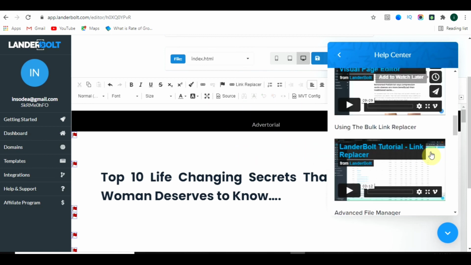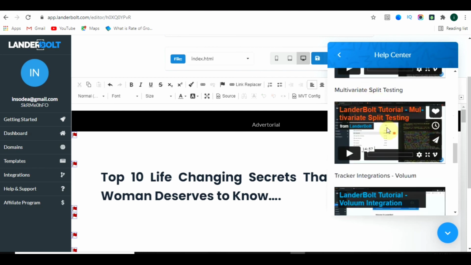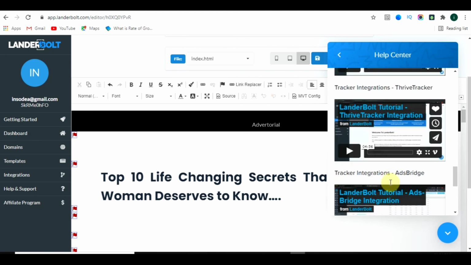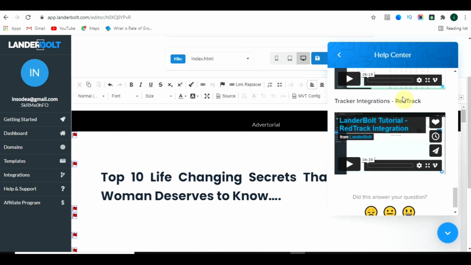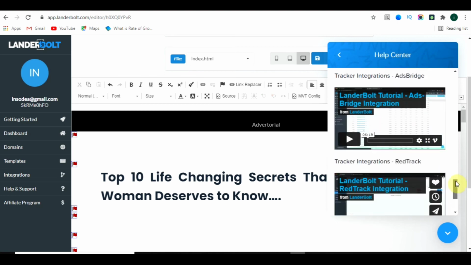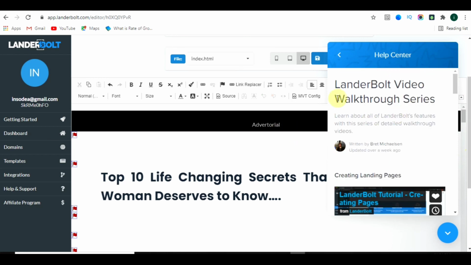You can learn how to use the Visual Page Editor, bulk link replacer, and there is every video which you need. Just go through this and you will be an expert of Lenderbolt. Once you watch this whole series, just go back and you are good to go to use Lenderbolt.